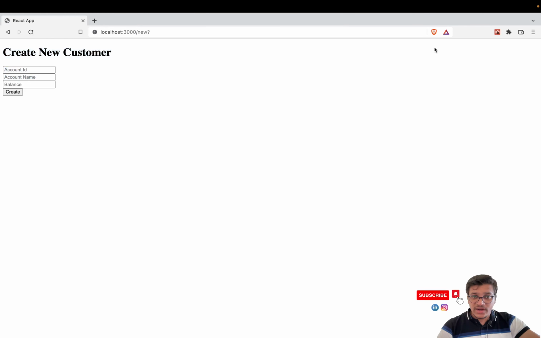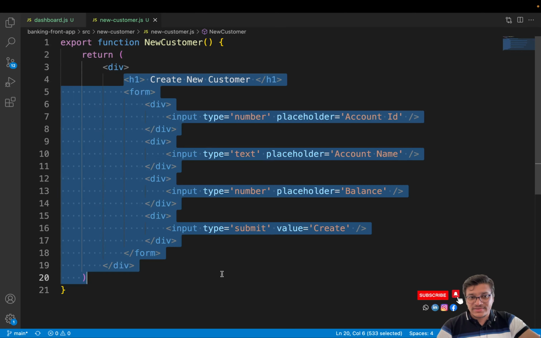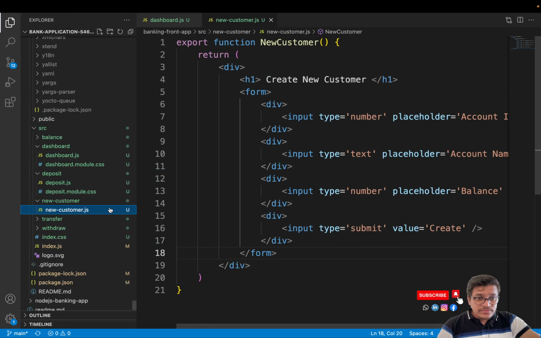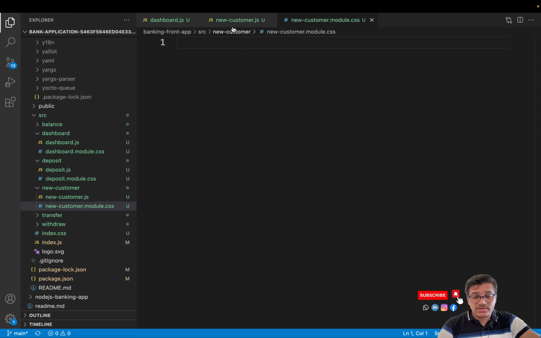Create new customer. Now I want to take it at the center, right? So to this form, we can have a display, or let's have this div, and that div would be having a display flex, right? Let us see now. Let's complete this file first. NewCustomer.module.css. We can say .cust-cont, cont means container,